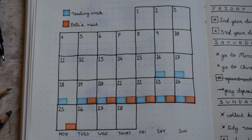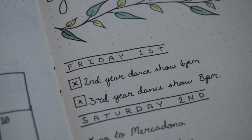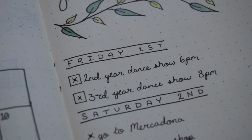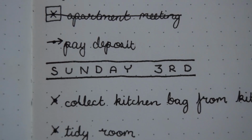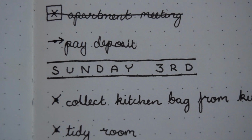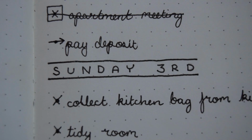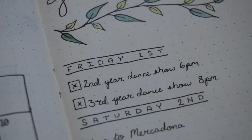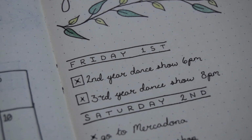branches under the title. This month, I've decided to do a running spread, which means that instead of laying out the boxes and spaces for each day in advance, I just write the next day's to-do list underneath the previous one. This means that I can take as much space as I need so nothing feels cramped, and it also means that if I don't have a long list or I don't end up using my bullet journal that day, I'm not wasting space in the book with boxes that I'm not using. If you find that your weekly spreads are actually wasting a bit of space, this sort of layout can be